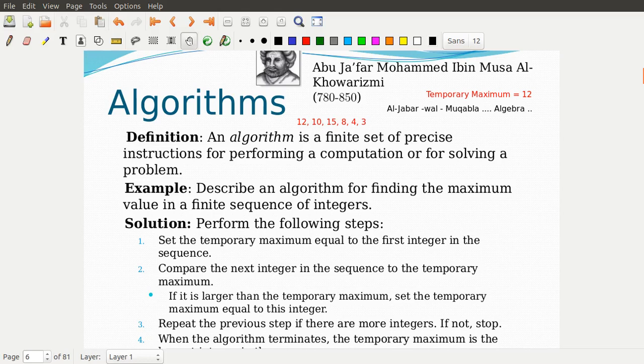If not, stop. Now, if I don't have any other integer, for example, if I have 15 here, if I didn't have any other integer, my temporary maximum would have been 12 out of 12 and 10. But now, since I have more integers, what would I do? I would go back to this step and repeat it. Compare the next integer to the sequence. Now, the next is 15. If I compare it with 12, and since it is larger than 12,